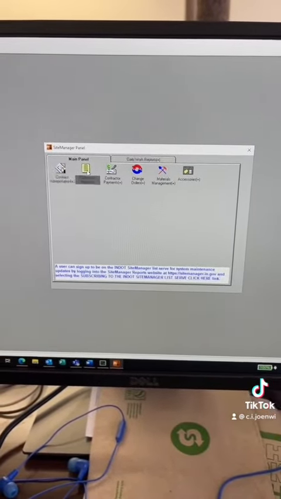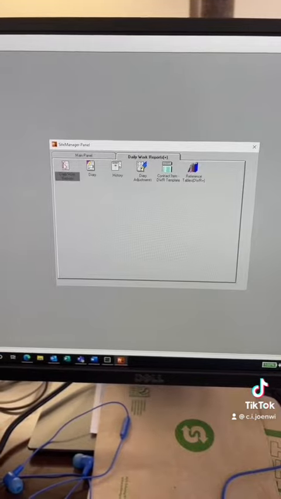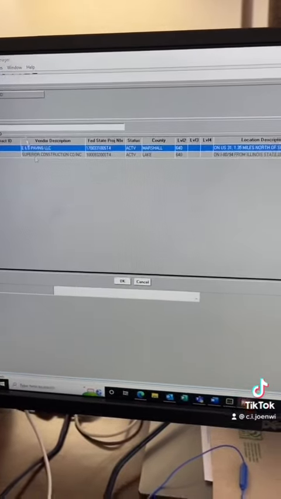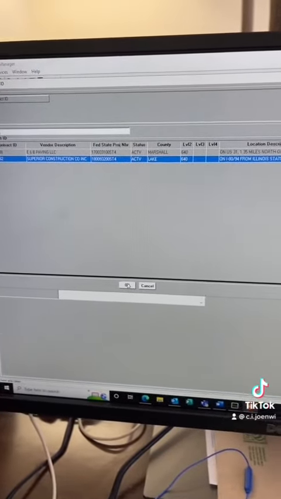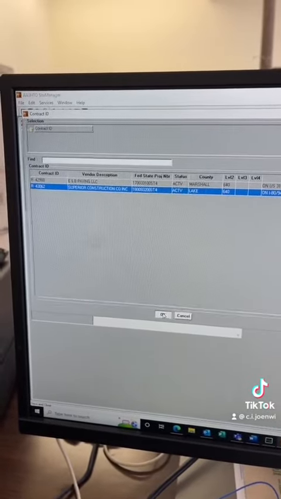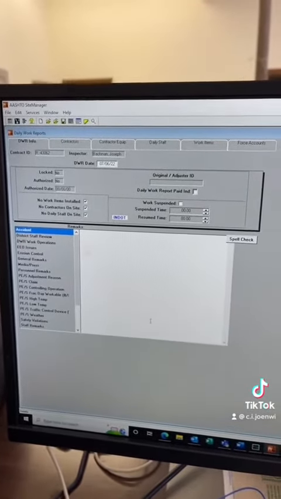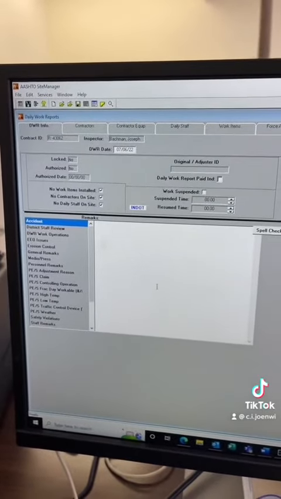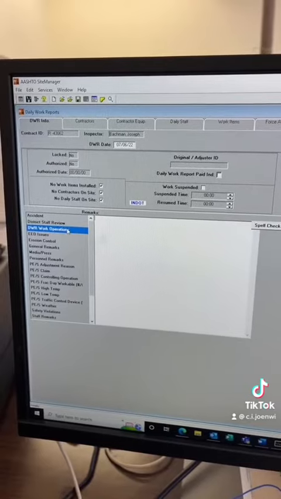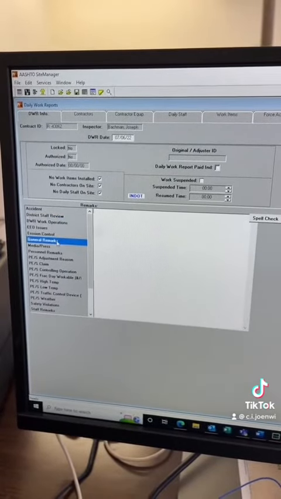Generally, first thing we do is go into daily work reports and start making our DWR or daily work report. So we go through, choose the contract that we're working on. Generally, there's only one here, but I'm still working on closing out my project from last year, so there's two. And we end up with all these lovely little fields. The only fields we have to fill out here are the DWR work operations and the general remarks for this